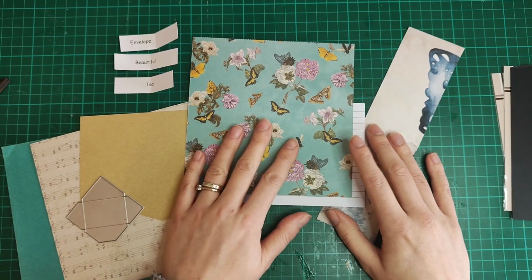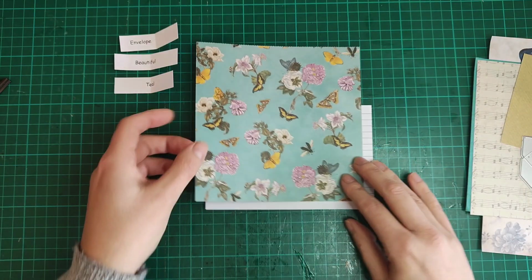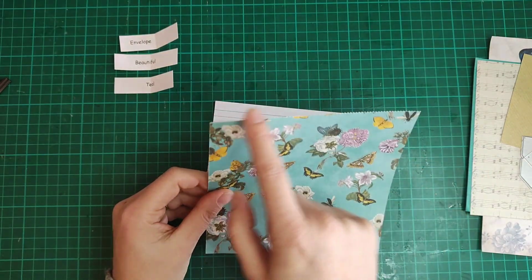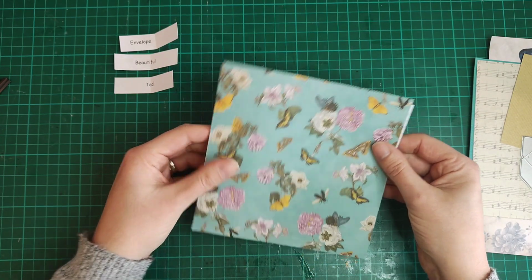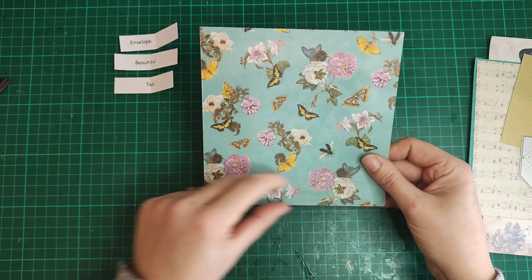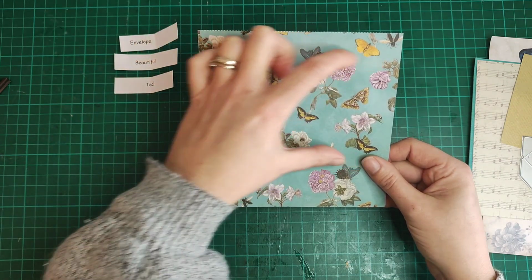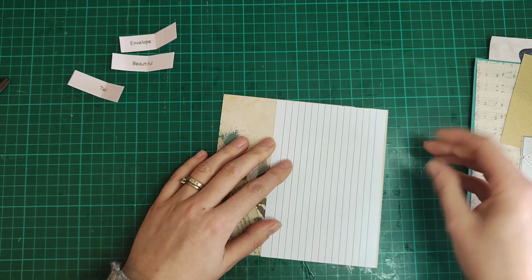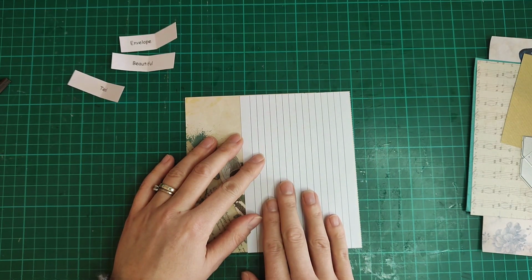So the first thing to do then is to start cutting things down. So we'll start with the base and then I'll do the die cutting in a moment. This has got a perforated edge at the top, which I'm not overly bothered by. So I think I'm going to just line this up, and I know I can start from the bottom, but I think I prefer this section to down here. And I get that it's a repeated pattern, but all the butterflies seem to be in this section. So I might just go over so I can trim off that perforated edge. As I said, I don't really mind it,